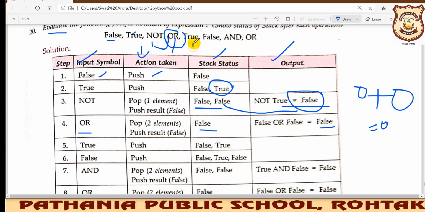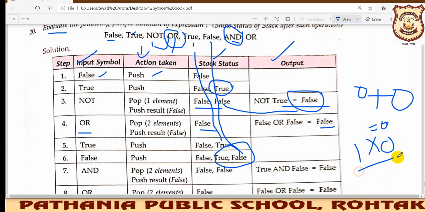Next we have true with us, so false comma true. This true is coming here right now, and then again false is coming here. Then and is an operator. As we encounter this binary operator, we pop out the last two elements of the stack. True means 1 and false means 0, and means multiplication, so you perform 1 and 0, which gives you 0. 0 means false, so you have obtained false, and you push it back here.